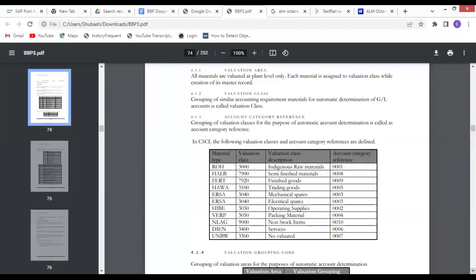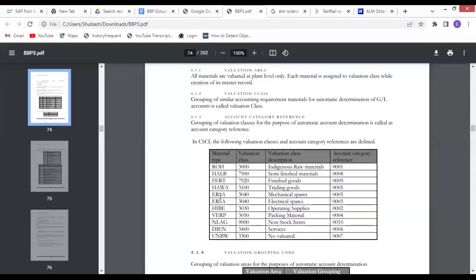Yes, Venkatesh, thank you. I just wanted to see how it looks. So this is how the valuation class is getting assigned to the account category reference, and this account category reference will get assigned to the material type. Then this valuation class will get reflected in your material types. So this is an indirect linking.